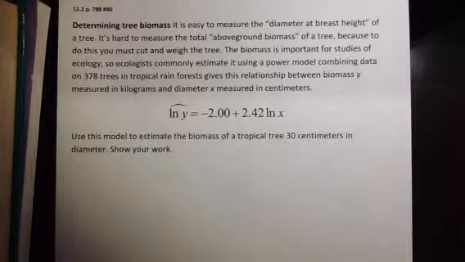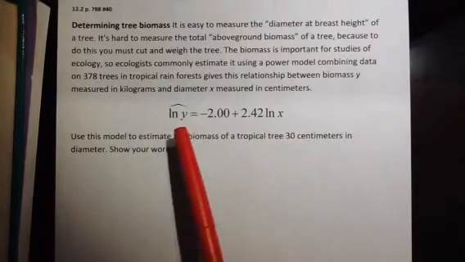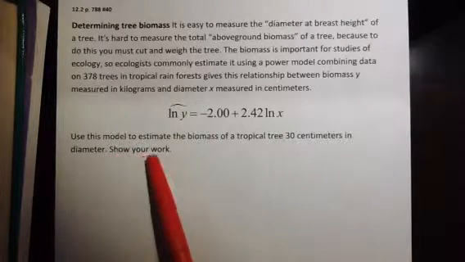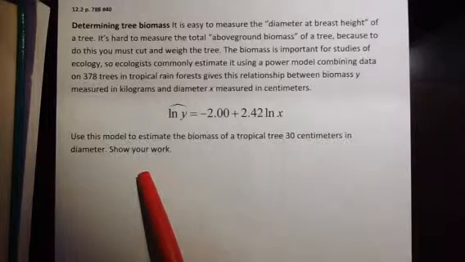combining data on 378 trees in tropical rainforests. It gives this relationship between biomass Y, measured in kilograms, and diameter X, measured in centimeters. Our equation's already given for us. Notice they took the natural log of both the X and Y variable in order to achieve linearity. It says use this model to estimate the biomass of a tropical tree 30 centimeters in diameter and show your